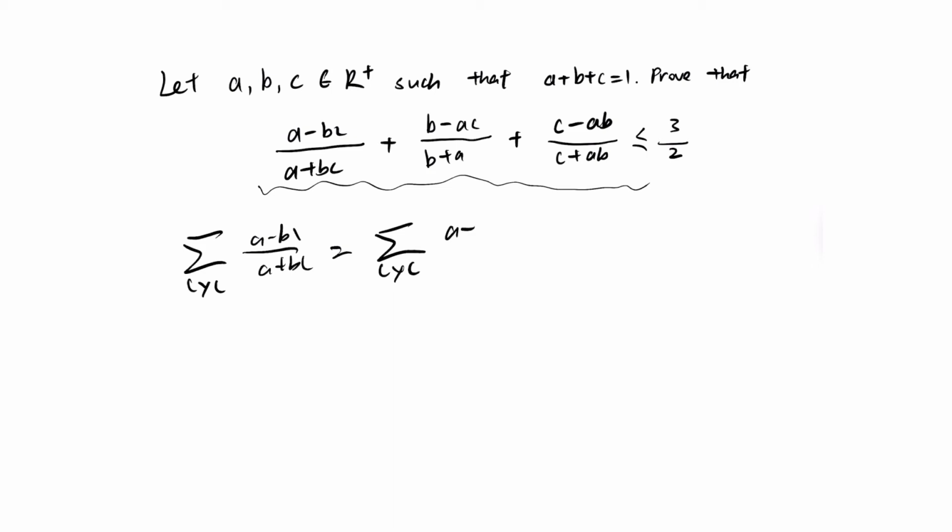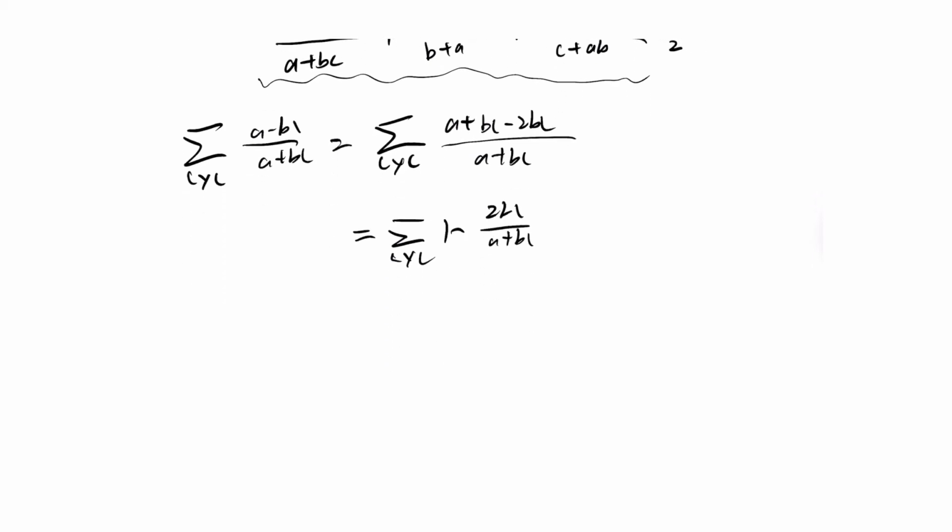So our expression will be converted to (a plus bc minus 2bc) over (a plus bc), and we'll have 1 minus 2bc over (a plus bc). And note that a plus b plus c equals 1. So we have a equals 1 minus b minus c. And since